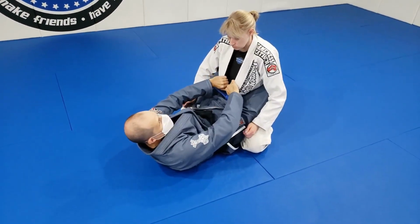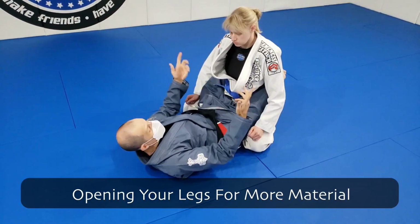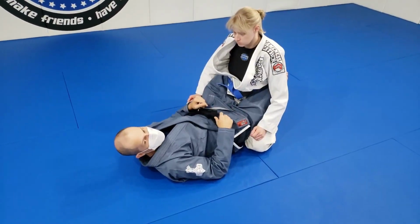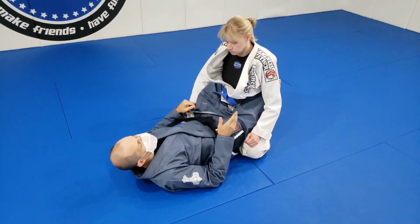So when I pull up, I'll even open my legs for a second. My legs go, and that frees some material. Now I have a ton of stuff to work with. That's really good. So that's number one when you're in the guard. Number one sort of difference. The second difference is